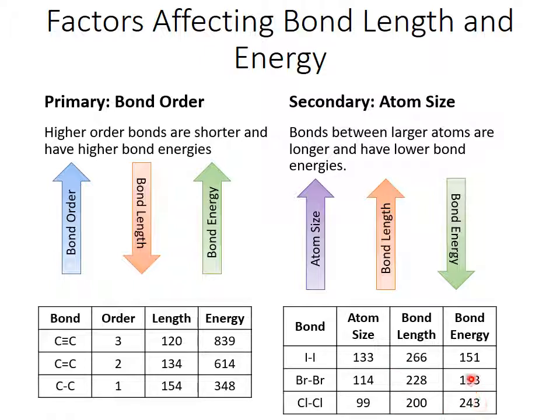As the bond length decreases, the bond energy increases. So we have our long iodine-iodine bond with a bond energy of 151, while our shorter chlorine-chlorine bond has a bond energy of 243. But now there's a last